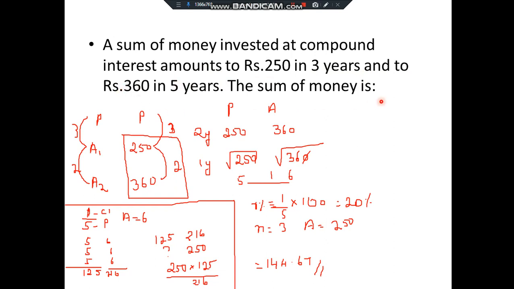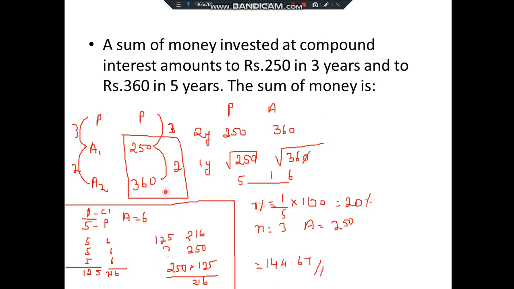So the same question, but the difference is here 3 years after 2 years. Okay, not 3 and 5. Remember that, don't forget it. So in total it is 5 years. First set it is 3 years, and from A1 to A2 it is 2 years. Now see the known part A1 and A2, that only we will take, and find R percentage, and using that we will find principal, right? So that part you take.